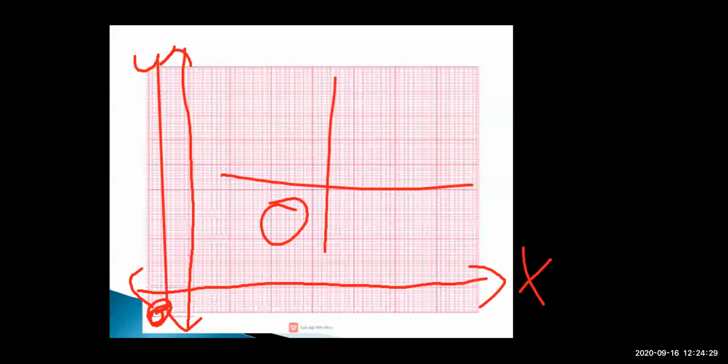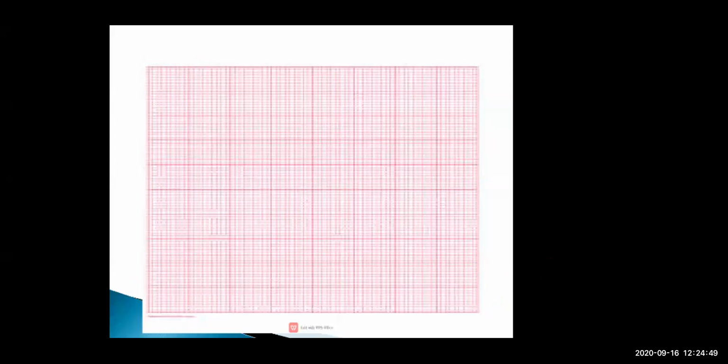Now till here, I hope you people have understood how to draw the x-axis and y-axis, how to name them, and then the origin which is the intersection of the x and y axes. Okay. Now we will move further. Now this is not the last part. After the x-axis and y-axis, the main thing you have to do is write the scale. The scale should be written over here, at the right side corner.